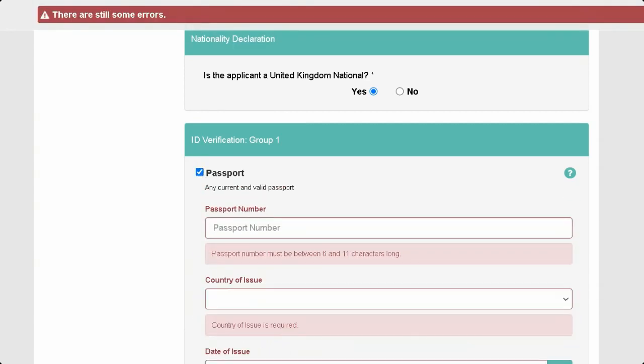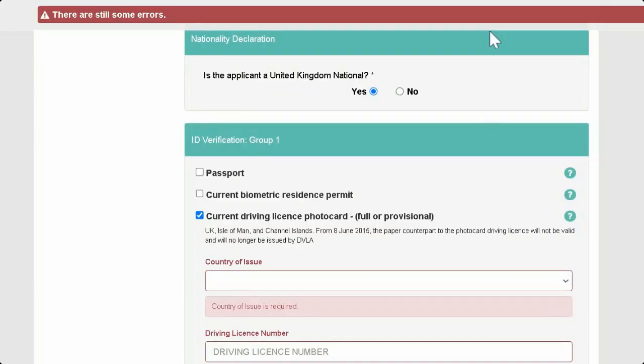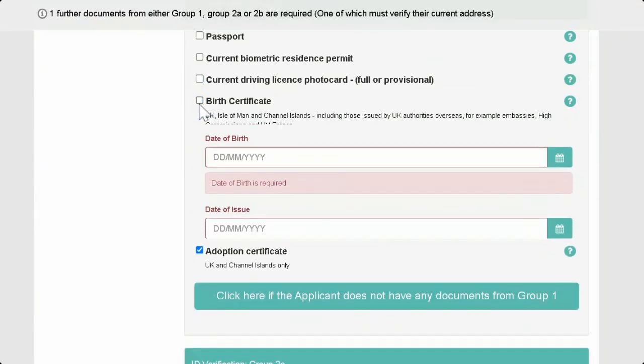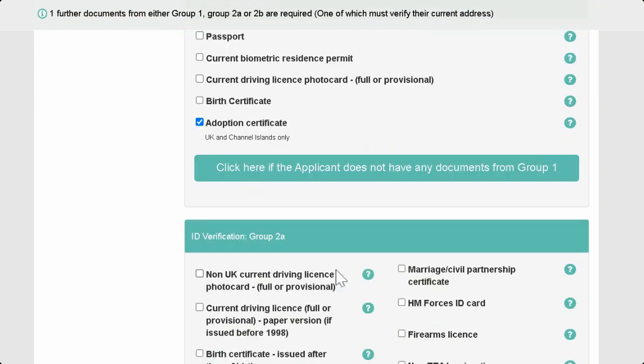However, if you select passport or driver's license or birth certificate, you're required to enter the details of that. So I've just selected adoption certificate for now. And then